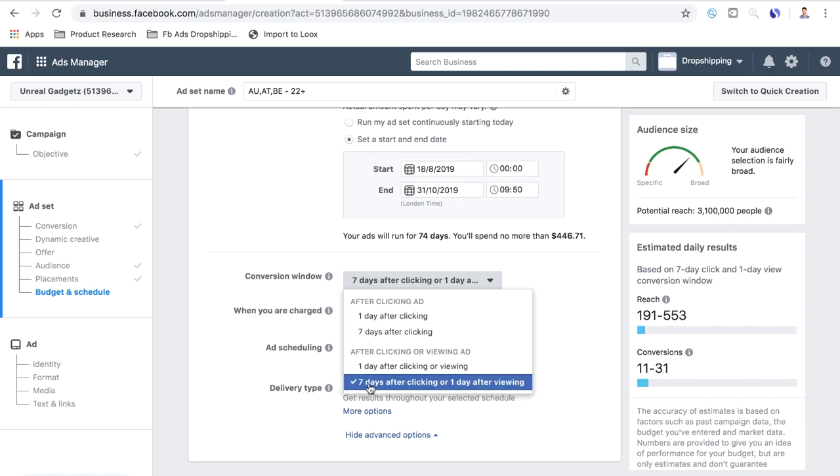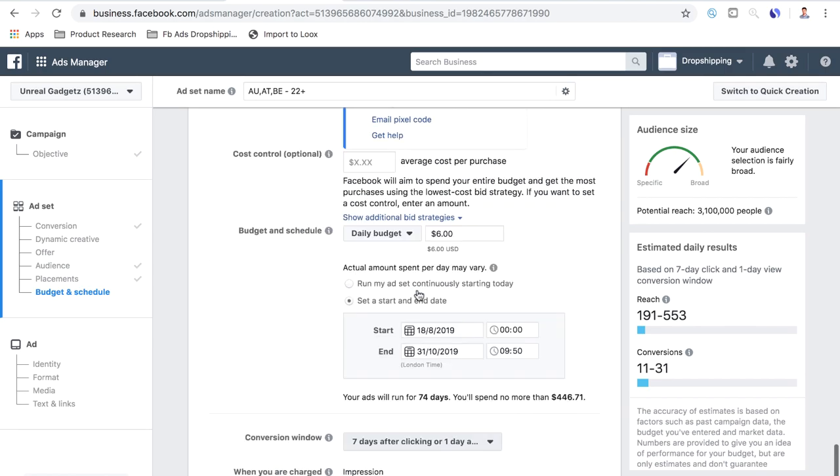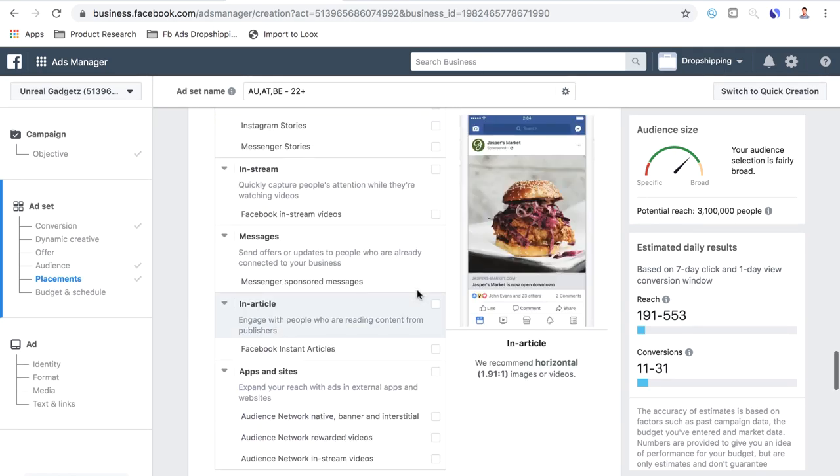Whereas here we're giving them 7 days after clicking or 1 day after viewing, which works better with higher ticket items because they have longer conversion windows, essentially because people don't impulse buy them quite as quickly. Whatever your product price is that you're selling to your customer will determine how long your conversion window is that you select here. So now that's all done, what we need to do is just one more thing on this